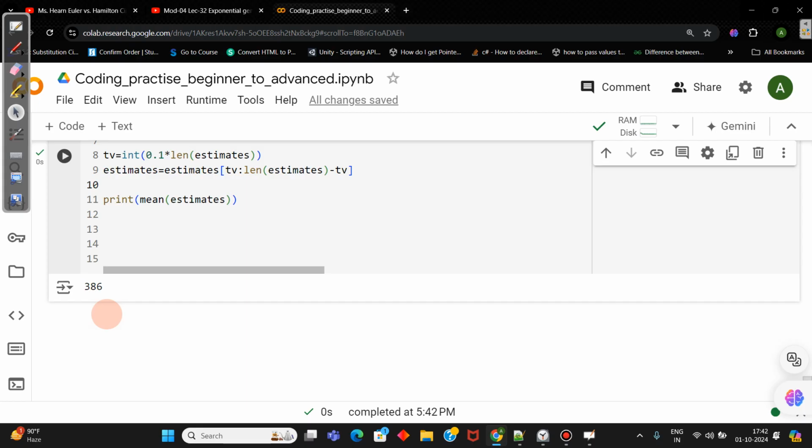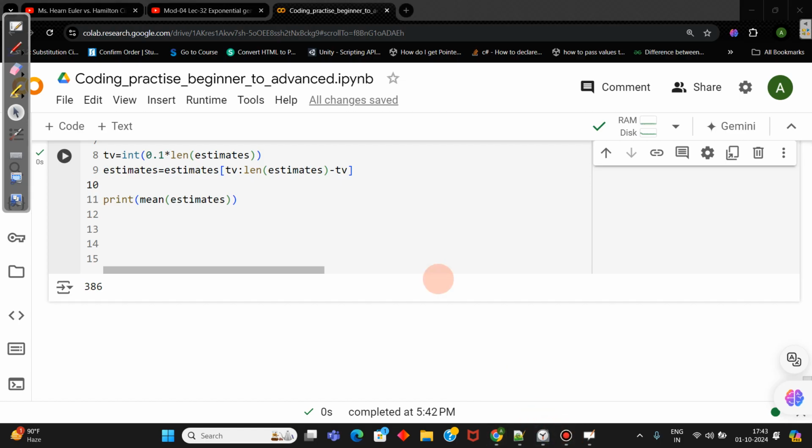So in the next video we will plot the 10% mean value, the actual answer and the median value, and see which one is a good approximate answer and nearest to the actual answer of the number of jelly